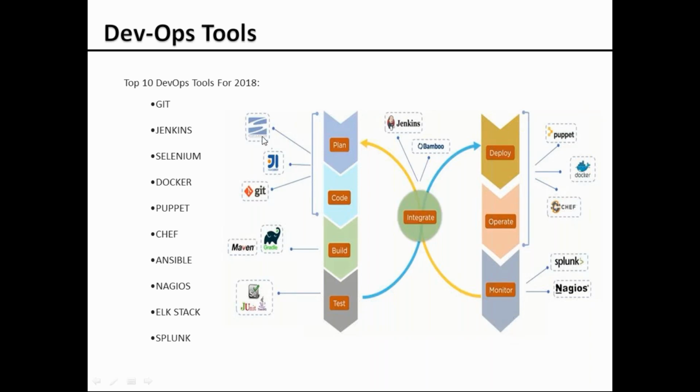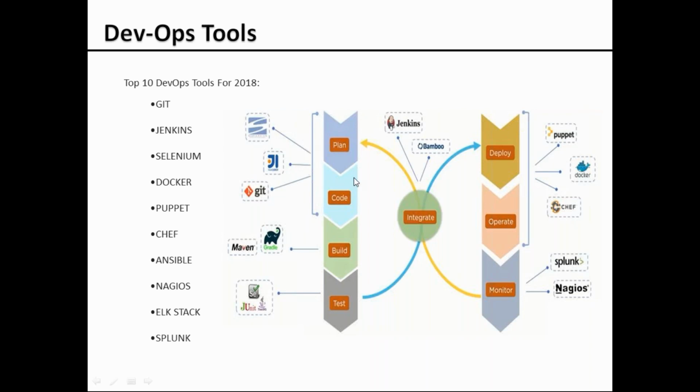If you keenly observe, earlier we were just working in silos. The planning team would do the planning, the development team would do the coding and the build, and the testing team would do the testing, each on their own. Now, with DevOps, there are some tools which help these teams or activities collaborate or talk between each other.